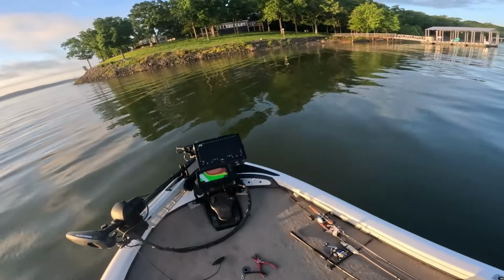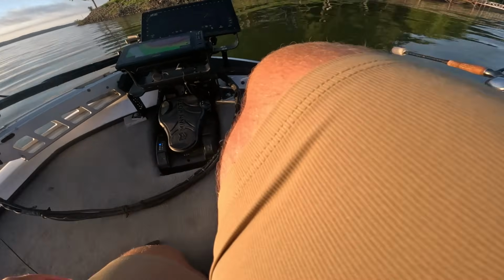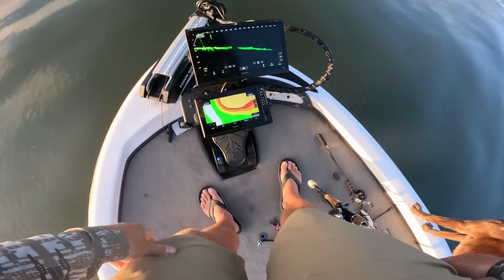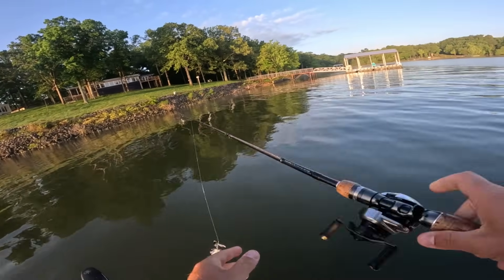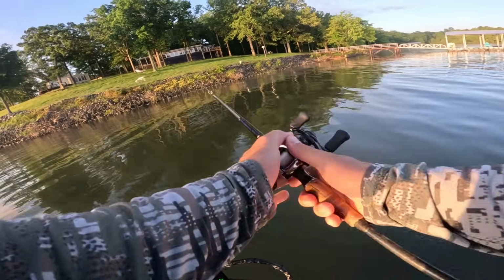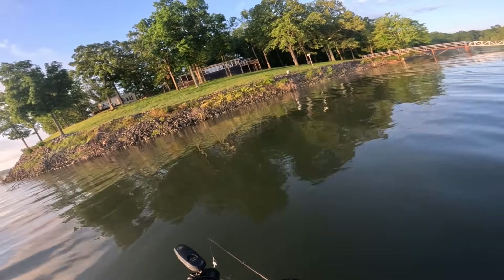All right, guys, well, it is morning time on Kentucky Lake. It's one of the first days I've been able to get out first thing. The kids are sleeping, mama's getting up enjoying her morning, and I wanted to see if I could find a shad spawn first thing. I'm throwing a 6 inch spinnerbait. I've got a 3.5 inch Whale on the back,